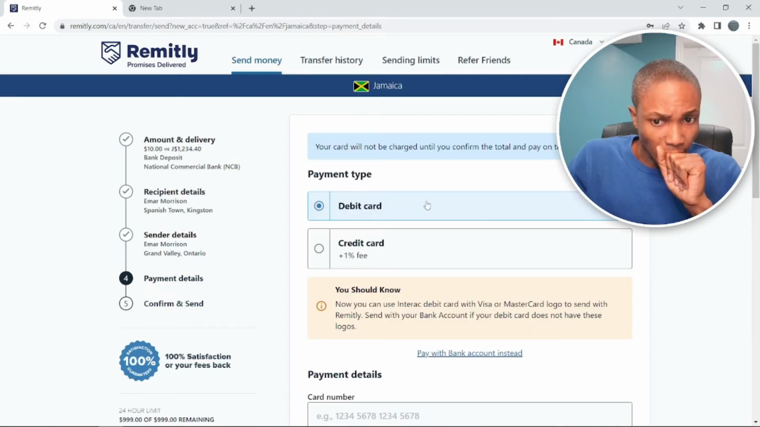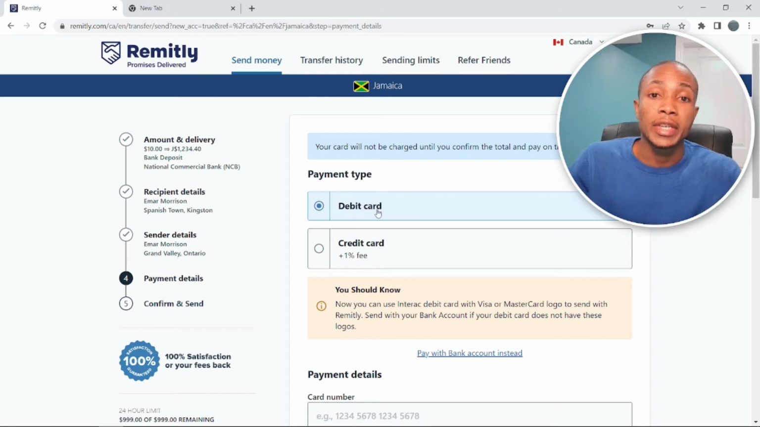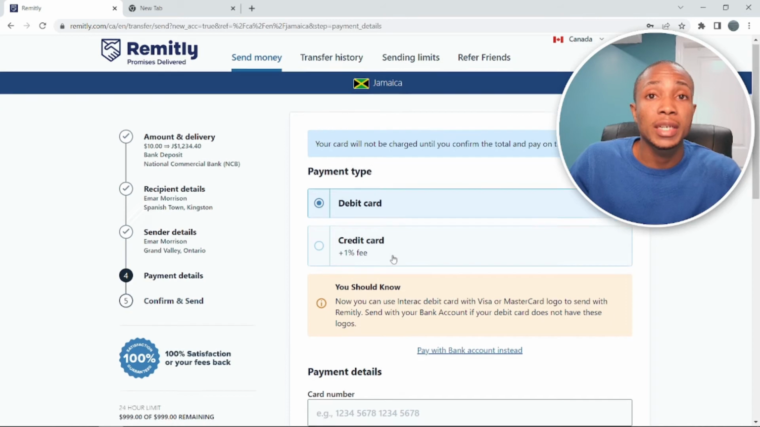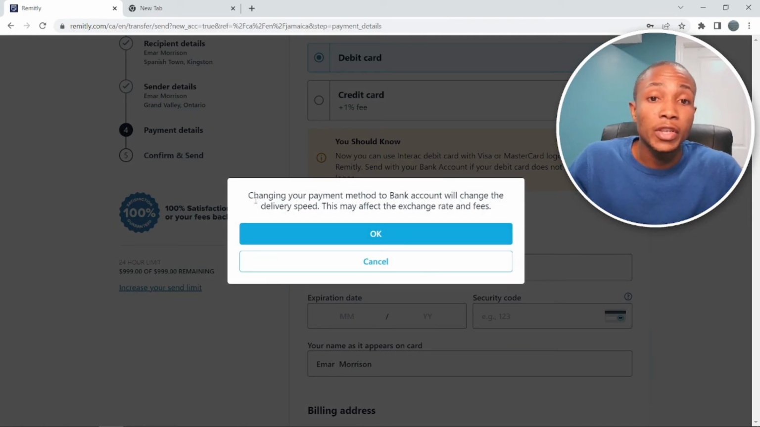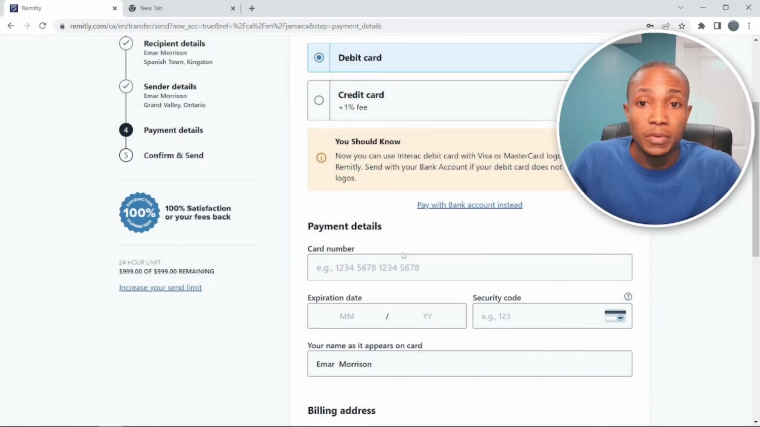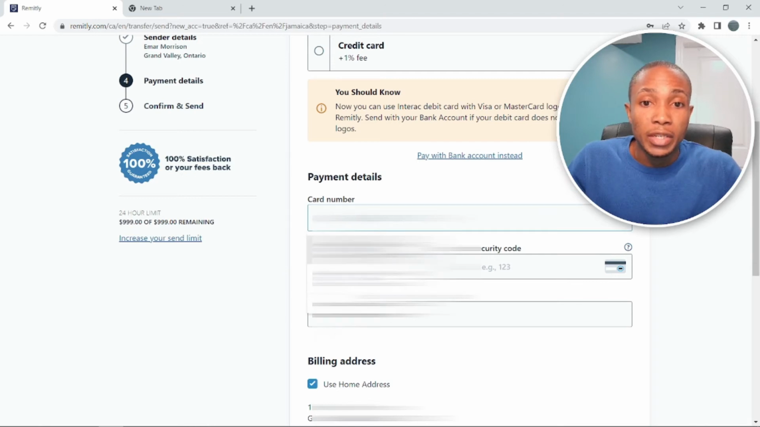Continue. So here you're going to be selecting your payment method. You can use a debit card or a credit card. Using a credit card will attract additional fees, and you also have the option to pay with your bank account. If you're using the bank account method, it will change your exchange rate as well as your delivery speed. We're not going to be using a bank right now, so we're going to be using a debit card. Once you complete your debit card information,